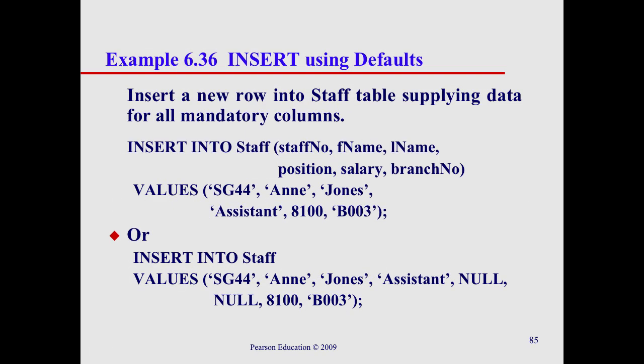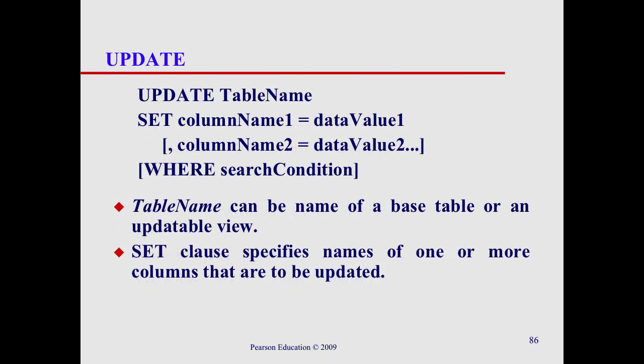It's unconditional. Okay. By contrast, if you want to update an existing tuple, so you simply want to modify an existing tuple. Maybe someone got a raise, maybe they changed their address, maybe they moved to a different branch. So you're updating an existing tuple. The keyword is update, and you give the table name, then a series of one set keyword and a series of assignment statements where you're assigning to attributes. And then here you almost certainly need a where clause because you want to only update certain tuples in